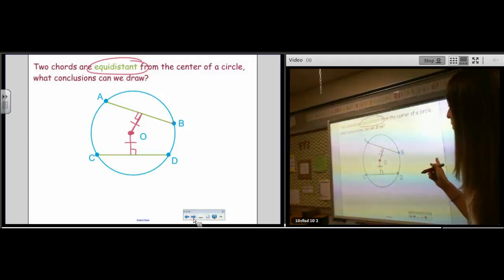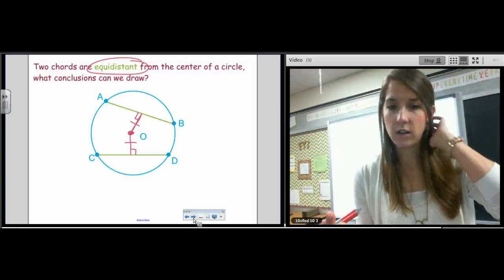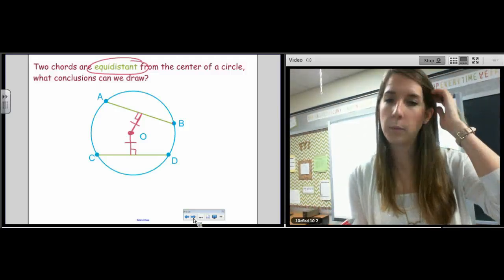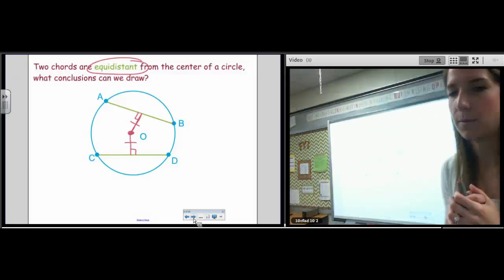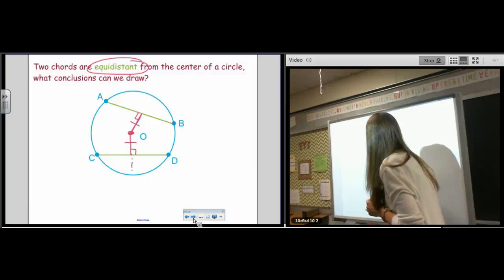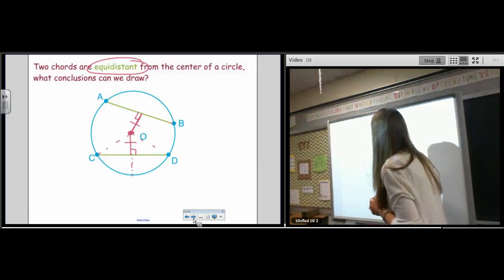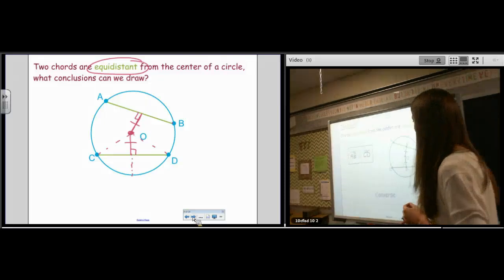We could make triangles and keep going, or I could just show you that that's what the distance is going to look like, okay? It's going to be a perpendicular segment, kind of like a part of a radius, but not exactly a radius. It goes back to the fact that if we were to extend this, these triangles would be congruent, and therefore those segments are going to be congruent. All right,